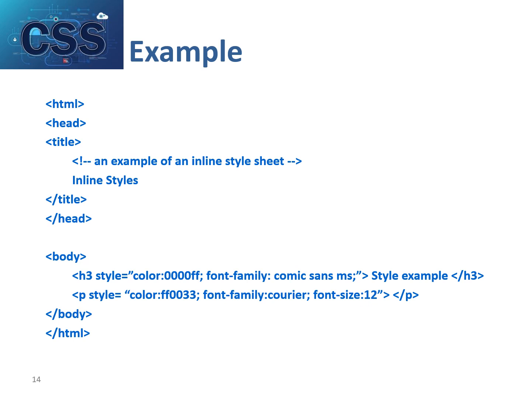Here is an example. An HTML file, HTML tag, head tag, title takes the value inline style, then the head tag is closed. Then body, and inside the body, h3. h3 is a header which contains an attribute called style, which contains some style specification for the h3 tag: color 0000FF, FF meaning it should be blue, font-family Comic Sans MS. The content to appear in that style is: style example. Then after the h3 tag, the p tag is there. It contains a style specification.